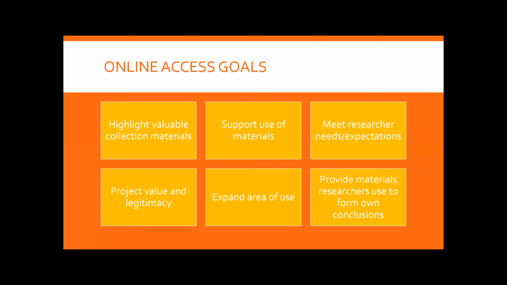So obviously, if an archive's online access results in use of materials, or maybe increased use of materials, then that can lead to the direct and indirect uses that we talked about in this course. And we discussed how they can be critical advocacy tools. If online access can help an archives project value and legitimacy, that's something that can be used for both internal